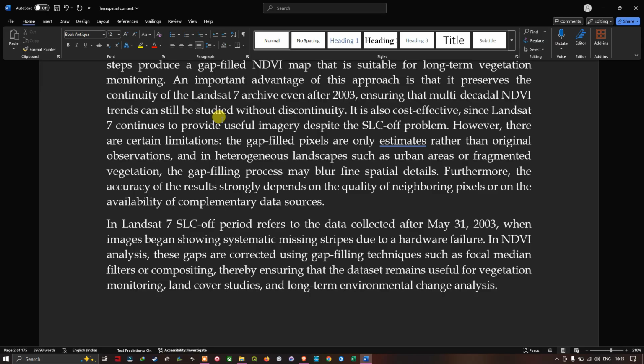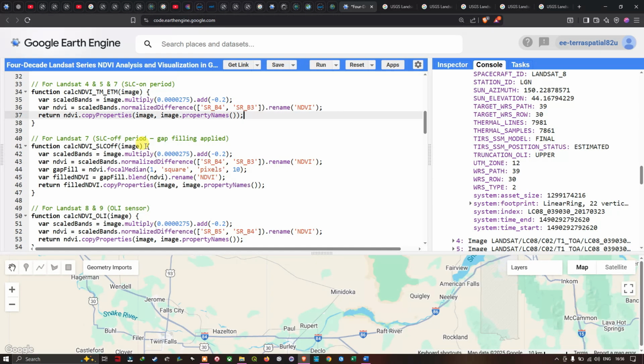So let me get back to Earth Engine. In order to solve this problem of gap filling, we're going to apply a function. We're going to perform Landsat processing along with the focal median filter function. First we're going to define a function called calcNDVI LSC-off image, and we're going to create a variable called scaled band equal to. We're going to apply the scaling and offset factor: image dot multiply